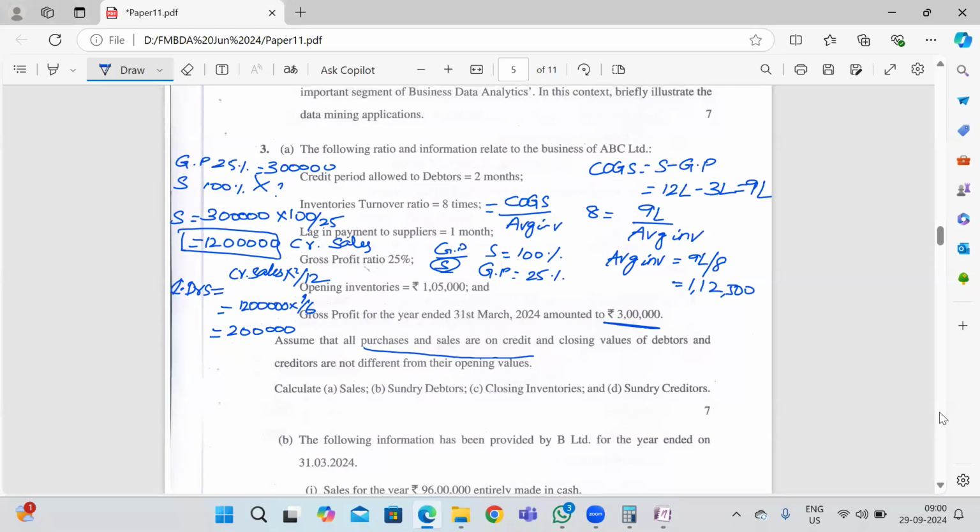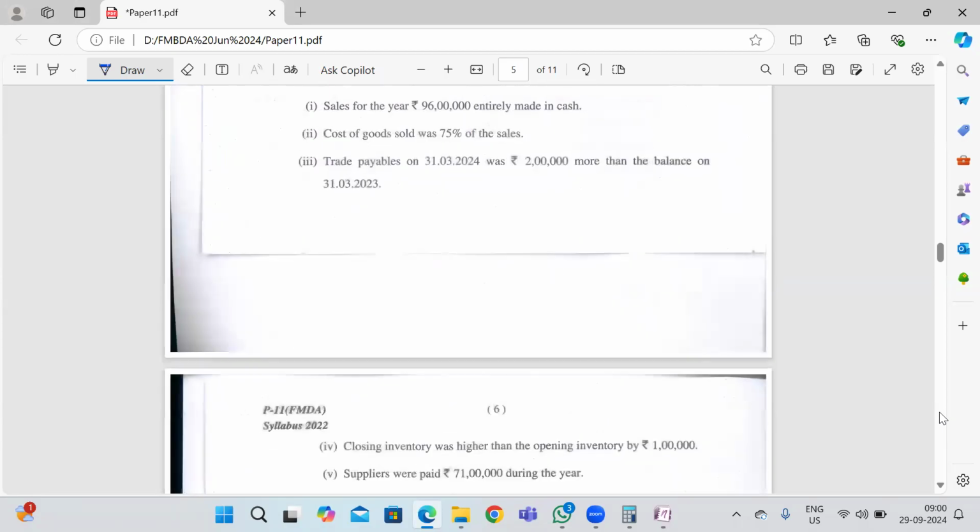So that's all about question 3A. This is quite an easy question, I guess. So let's move on to illustration